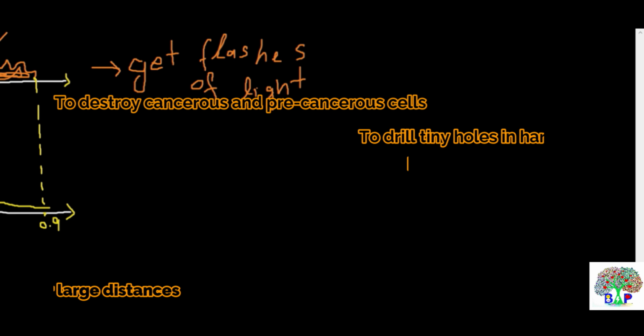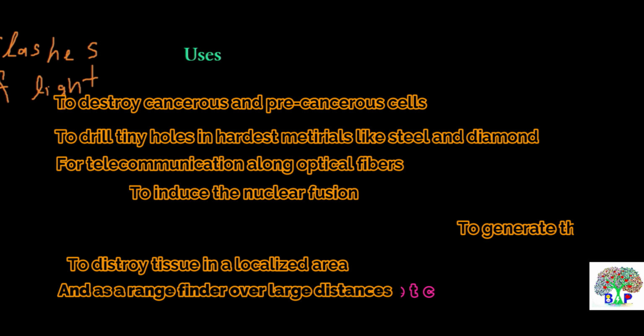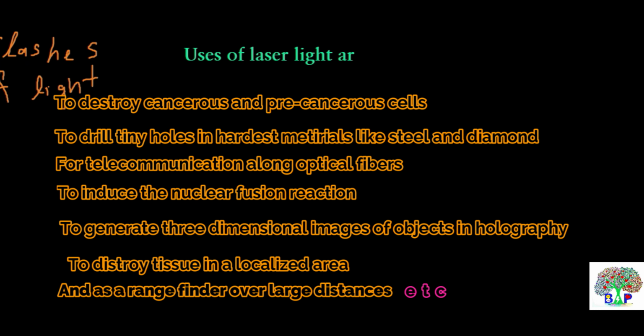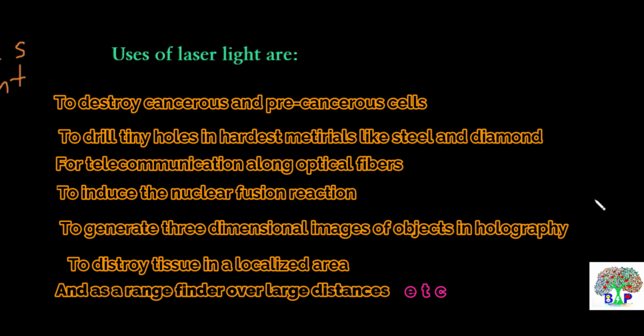So here are some of the uses of the ruby laser. It is used to destroy cancerous and precancerous cells, to drill tiny holes in the hardest materials like steel and diamonds, for telecommunication along optical fibers, to induce nuclear fusion reactions, to generate three-dimensional images of objects in holography, to destroy tissues in a localized area, and as a rangefinder over large distances,